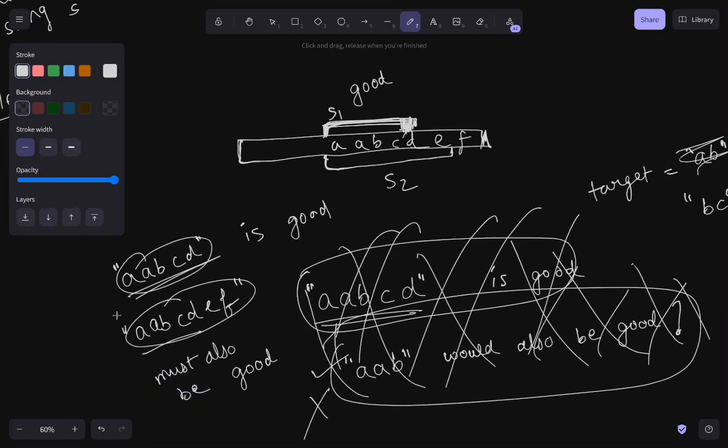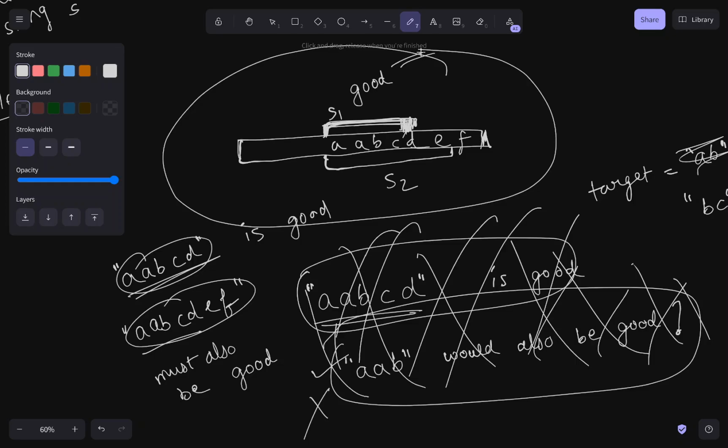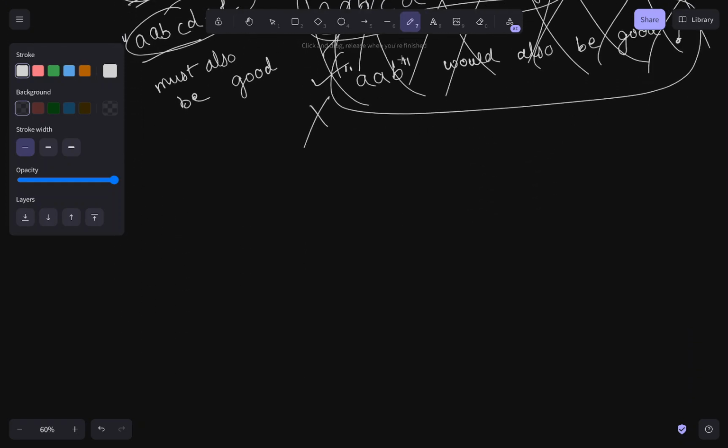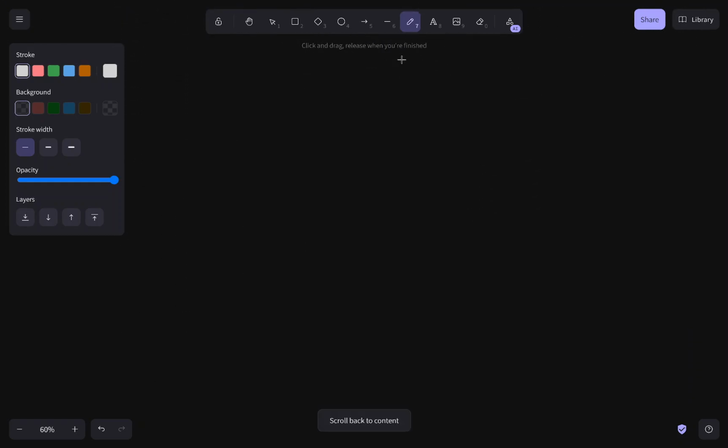Some of you might not have ever solved a problem by optimizing in this way. It might be the first time for you, and congratulations then, because you got to learn about a new thing. You will get to learn about a new way of optimization. So now the idea is